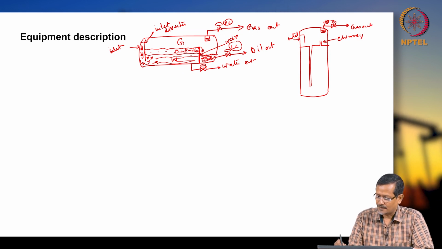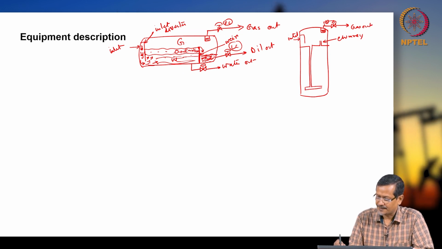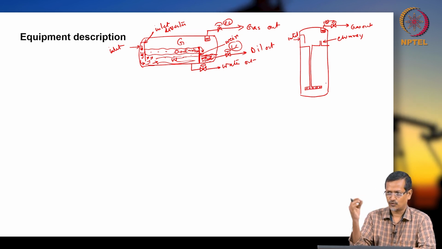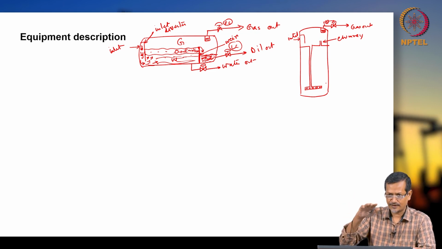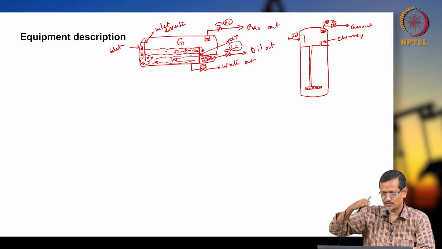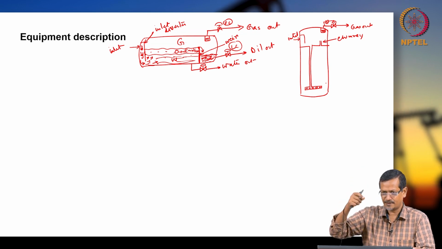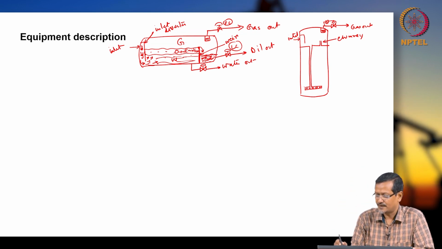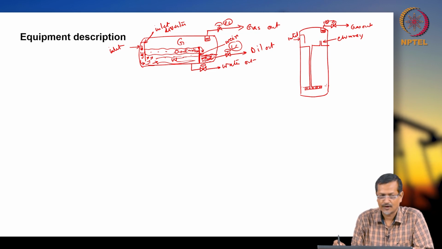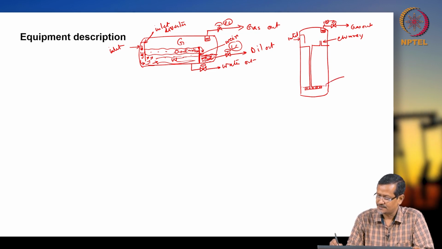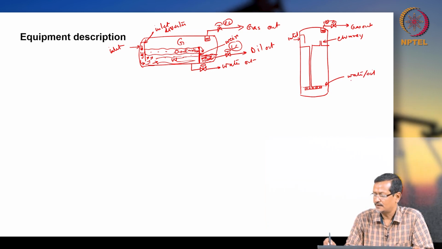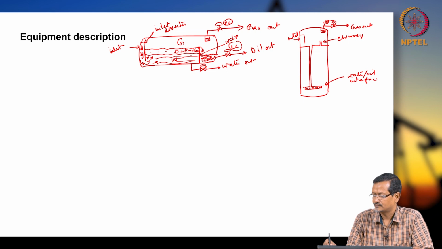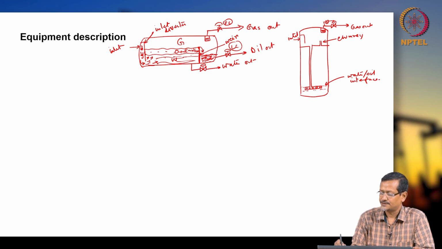Okay, and this is called the spreader in the wider section, and lots of holes will be there, so it will be smoothly spreading. You are creating laminar flow. Okay, you are not creating lots of turbulence, so slowly, smoothly, whatever fluid is coming will be spread in water, and this will be located near the water oil interface. Okay, this is the water oil interface. Okay, and this is water,